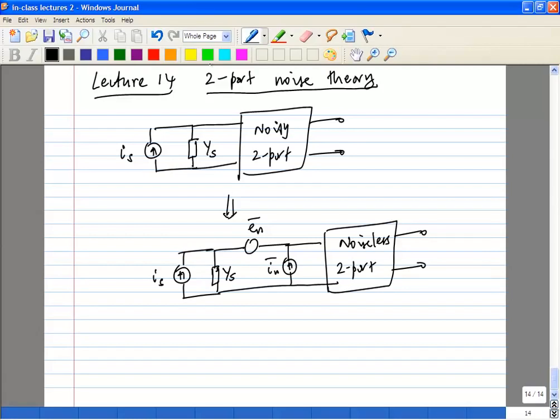Okay, so the reason you need two of these is because you want it to be valid for all impedances and all sources and all loads and everything. A simple case to see is, for example, if you look at short and open circuits at the input. Obviously, if you use a short circuit at the input, there is no source, then all the noise current flows out, but the noise voltage produces an output. And if you consider an open circuit, the noise voltage does not produce any noise, but the noise current does produce some noise. So you want it to be valid across the whole range of impedances.